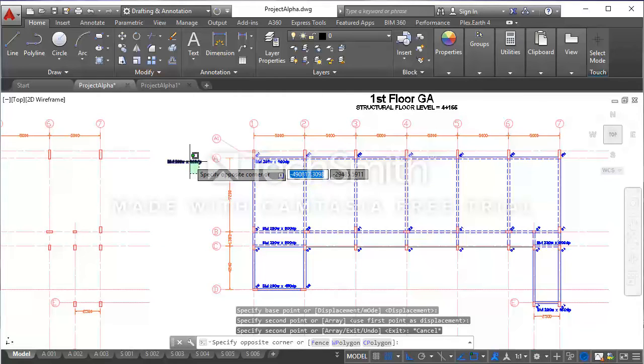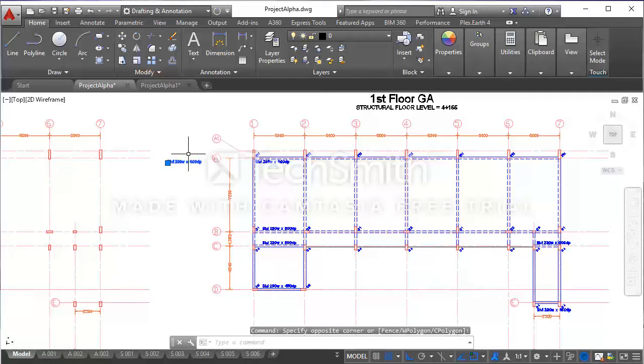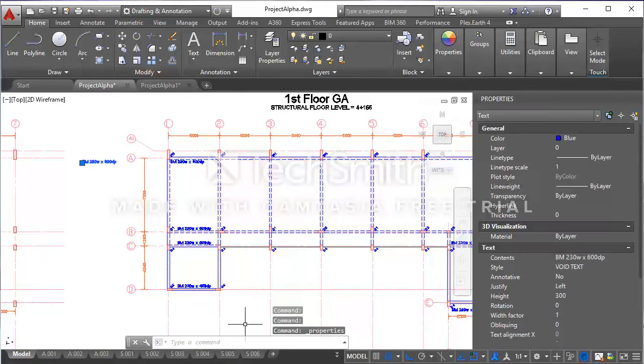Now I will rotate the text at an angle of 90 degree by selecting the text by clicking on the property, then changing the rotation value to 90 degree.